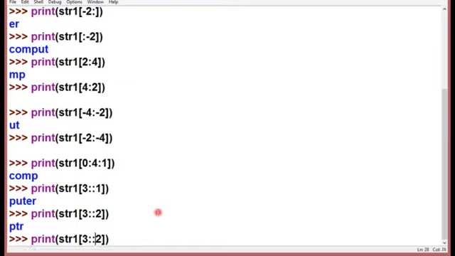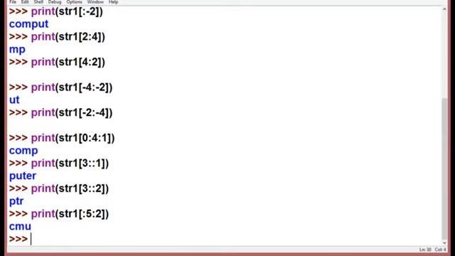Now again we are going to take some example, like I want to stop at 5, but I don't want to give the starting value. Then how will it work? It will work in this way. So my starting index position is C. So C is printed, and after that O is omitted, M is printed, P is omitted, U is printed, and T is omitted. Then E will not be printed because my last value is 5, which is actually the fourth index position.